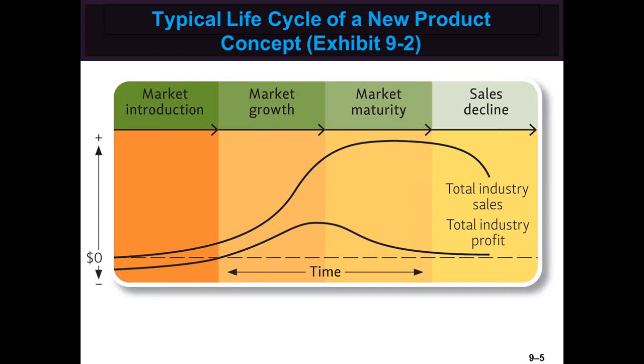The marketing mix usually changes throughout the product life cycle in response to changes in customer needs or attitudes, repositioning of the product, or changes in the competitive structure of the industry. Total industry sales start out very low in market introduction, increase to their peak in market maturity, and then decline. Profits can also change during the life cycle, but not in tandem with industry sales. Industry profits decline while industry sales are still rising.